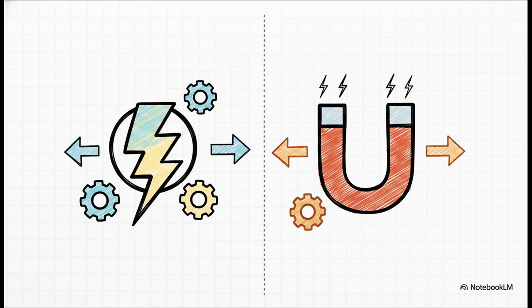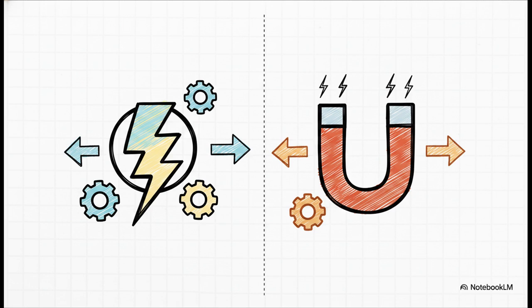F is our total Lorentz force, measured in newtons. Q is the electric charge of our particle. Inside the parentheses, E is the electric field intensity, V is the particle's velocity, and B is the magnetic flux density. And that little x right there, that's our vector cross product. By breaking it down like this, we can actually see that this single equation is really a story of two